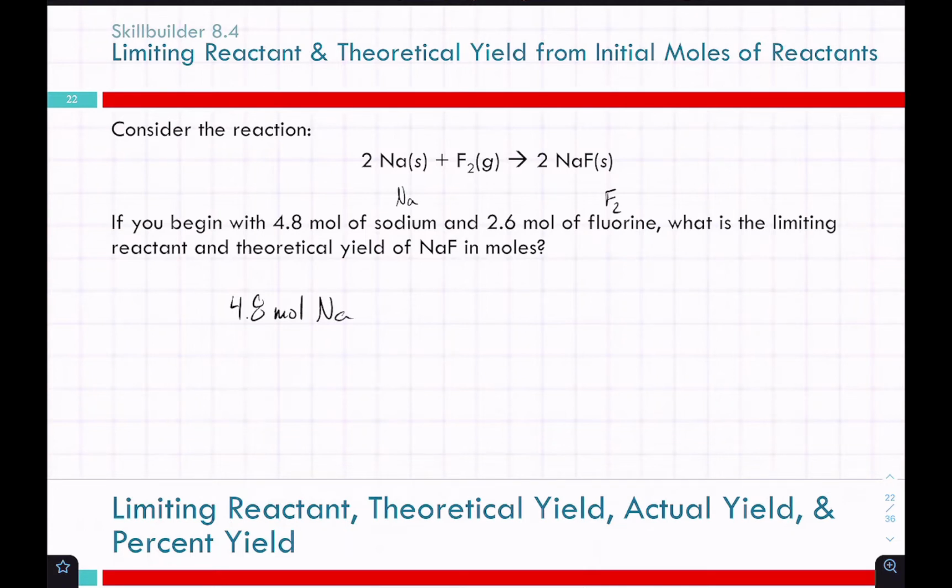So 4.8 moles of sodium. Actually, don't even need to go that far. So how do we get from moles of sodium to moles of sodium fluoride? How do we convert that? Did you put 4.8 moles of sodium on the bottom? 4.8 moles of sodium is what we're starting with. Oh, so it would be,